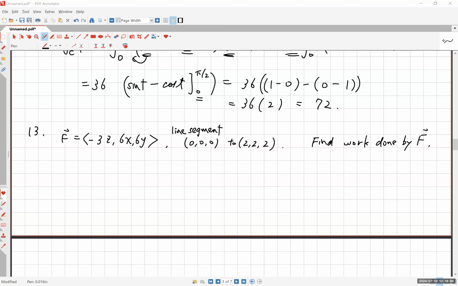Okay, number 13 gives us a vector field, capital F, and C, the curve, is the straight line segment from 0, 0, 0 to 2, 2, 2. And we are to find the work done by F along C. Okay, so